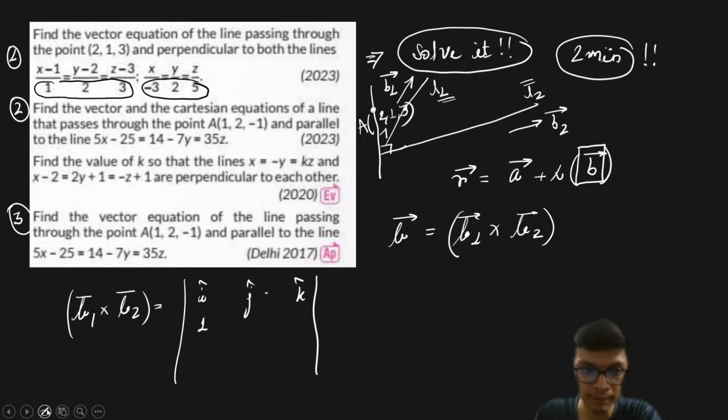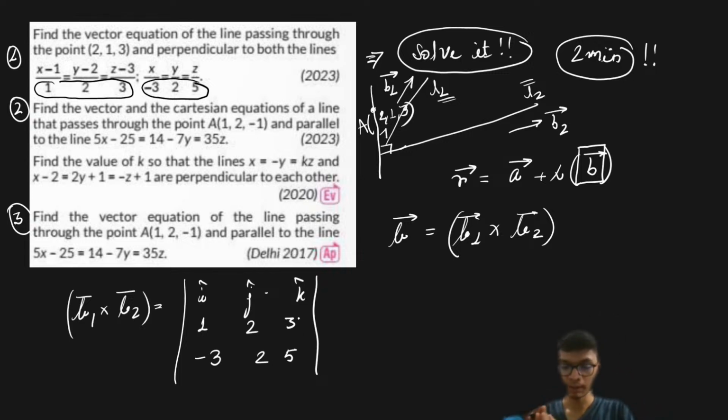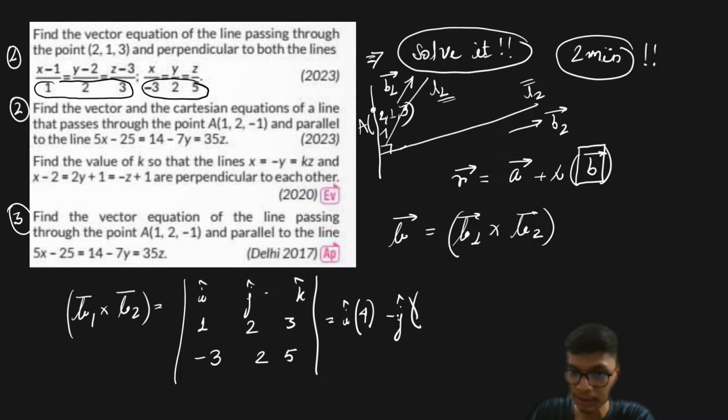So from there we put it over here, so it is 1, 2 and 3, and this one is -3, 2 and 5. These are the direction ratios of the vectors of the given two lines, right? So from these two lines I will find the cross product, which will come out as i cap times 10 minus 6, that is going to be 4, minus j cap times of,